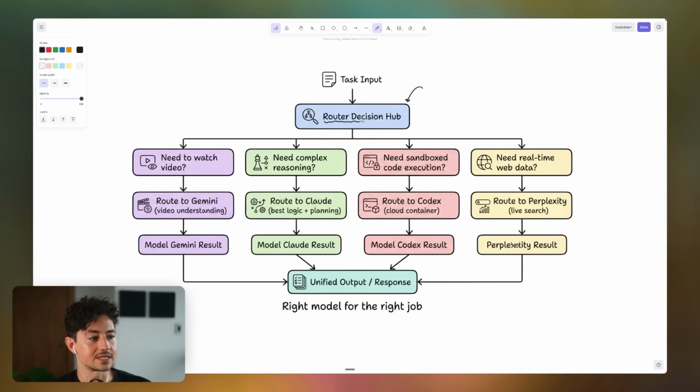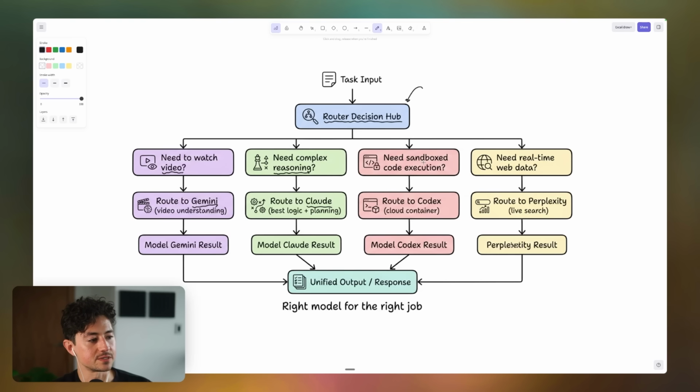This router is more or less like a decision hub or a nexus. When you give it a task or some sort of input, it'll divide it into different subtasks that different models are better at than other models. So for instance, if we have a high-level task that has to do with replicating a specific SaaS app, and the model has decided that there's some footage on the internet that talks about how to build it, it'll delegate the video watching step over to Gemini because Gemini is better at multimodality and its endpoints have built-in video understanding. If it identifies that we need something with a lot of complex reasoning, it'll route that over to Claude.